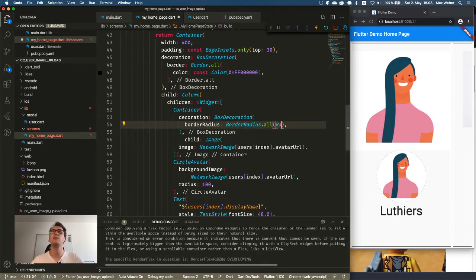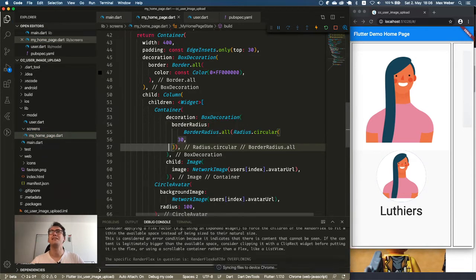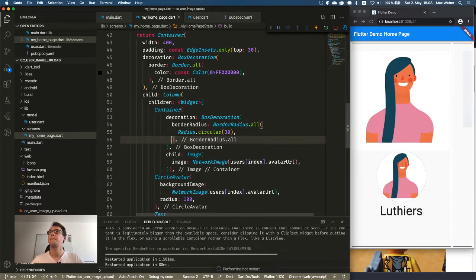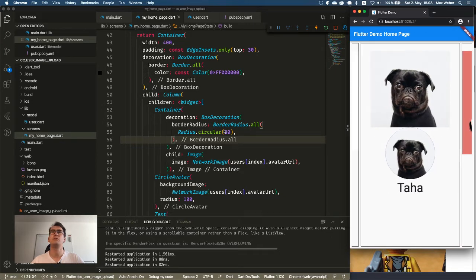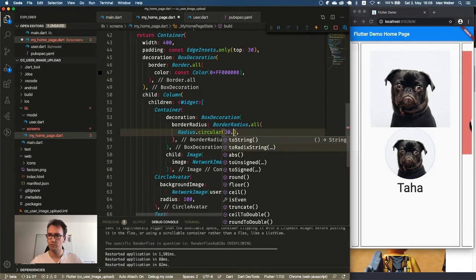And inside of here we have a radius. And then we have to say that it's circular. Yes, so still confusing. So let's see if we now have a surrounded border. No, why not? Did I miss something? Border radius elliptical, no, circular, I think that is right.